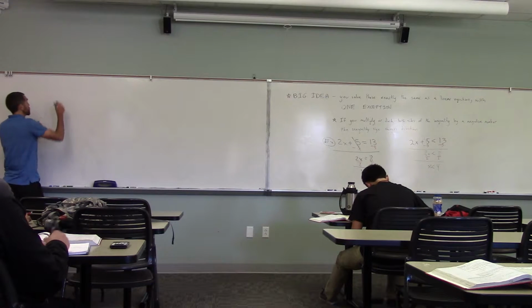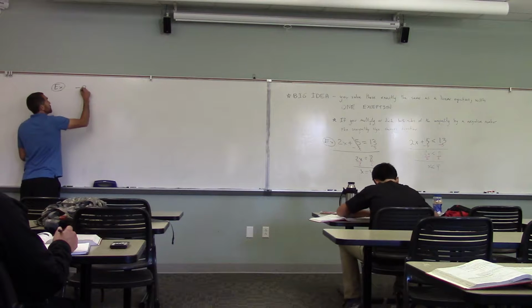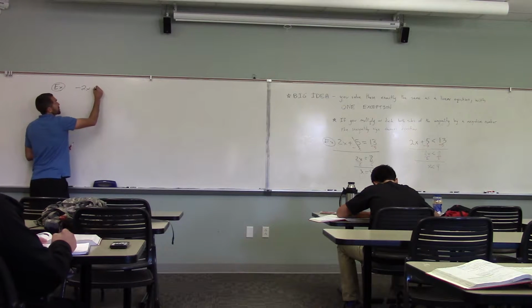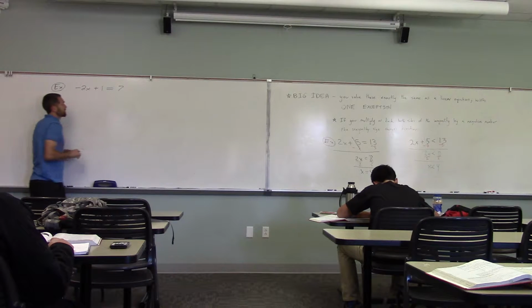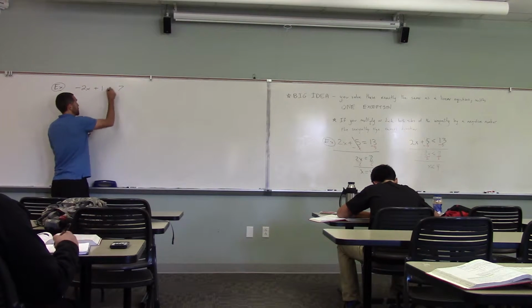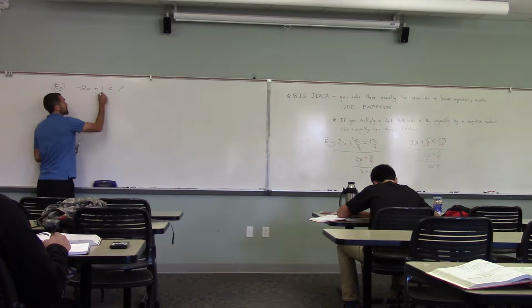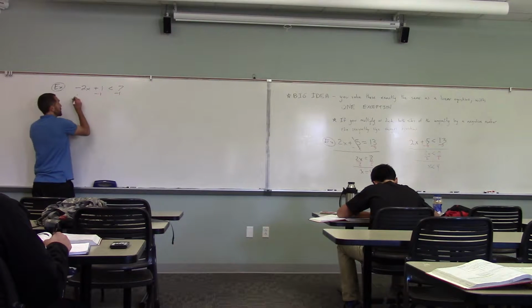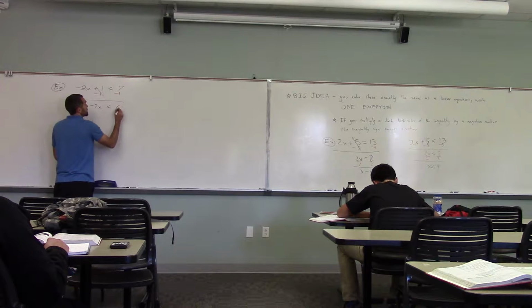The exception is, what if I have negative 2x plus 1 is less than 7? Whoops, sorry, I meant to do less than. So how would I solve this? Subtract 1. Same process, just subtract 1, great, so we get negative 2x is less than 6, and then